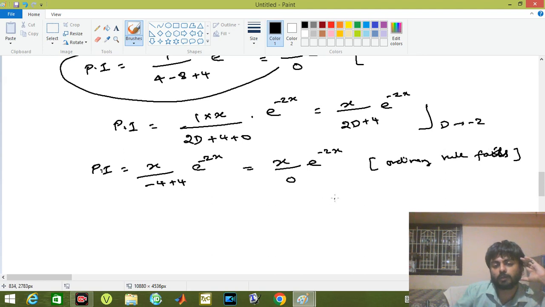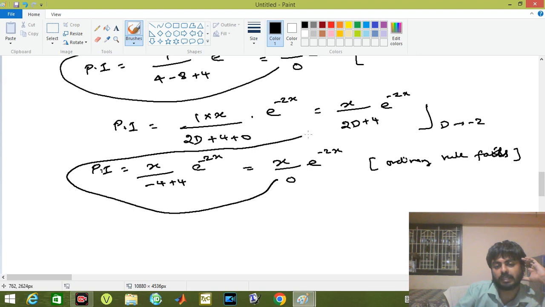So what you have to do? From this you go to the previous D appearing step, take that step and differentiate the denominator. Suppose if I am having e power minus 3x, and I substitute here 2 into minus 3 is minus 6, minus 6 plus 4 is minus 2, then you got a solution. There is no need to do differentiation once again. But here unfortunately we once again get a 0 denominator, so we use x square divided by